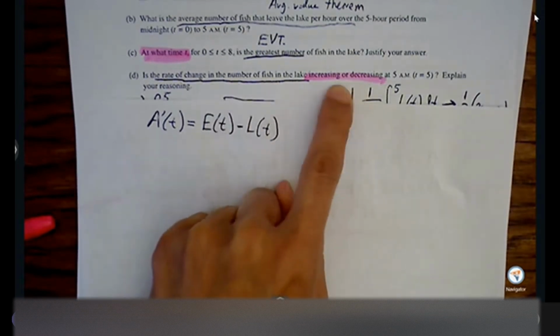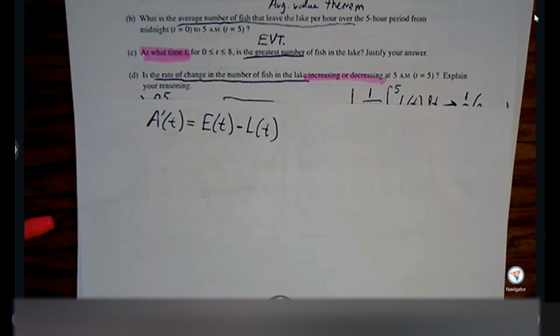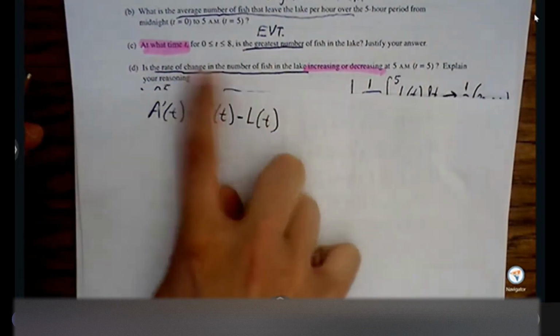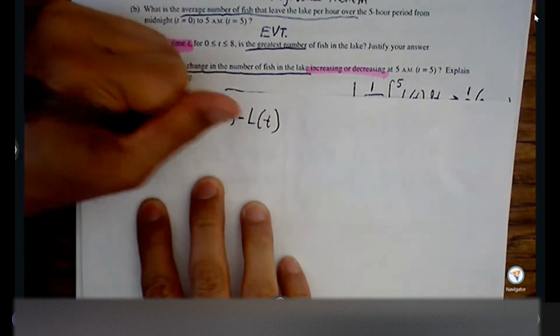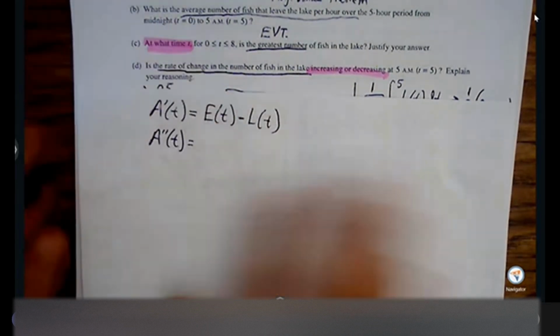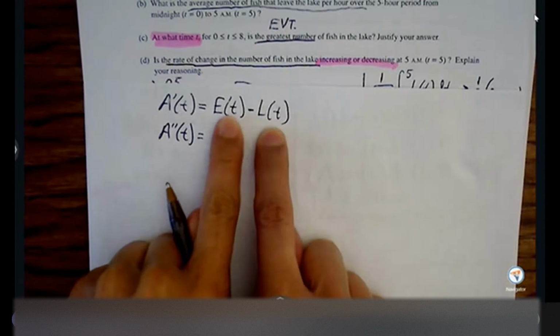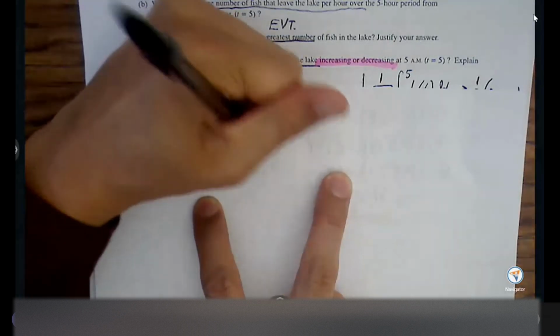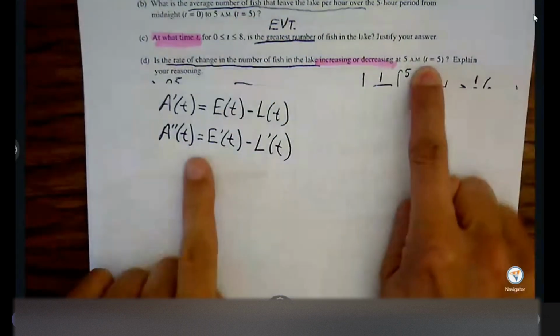So yeah, anytime you see increase or decrease, you got to circle those words and see, okay, they're trying to see if you can understand that there's a derivative process going on with this expression. So increase, decrease is asking about the rate of change of this expression, so we need A double prime. So if I want to find A double prime, I got to involve these derivatives. So I'm going to make everything go down one derivative level. So E becomes E prime, and L becomes L prime. And now I can insert 5 in here.